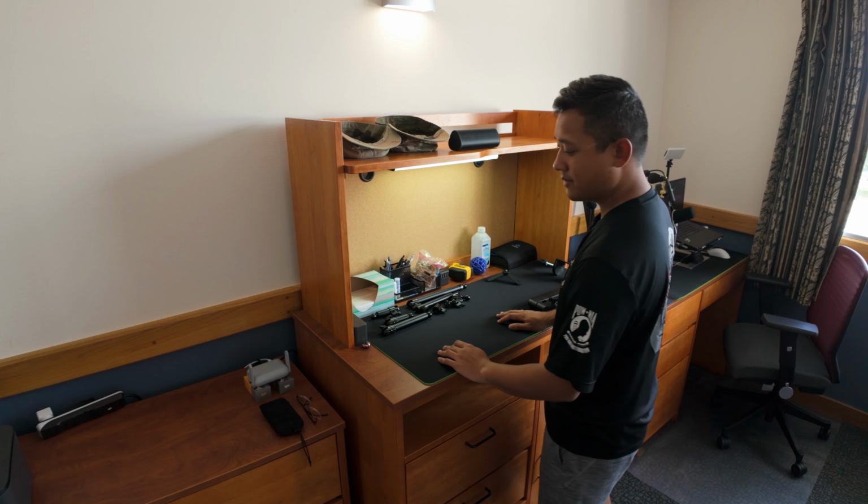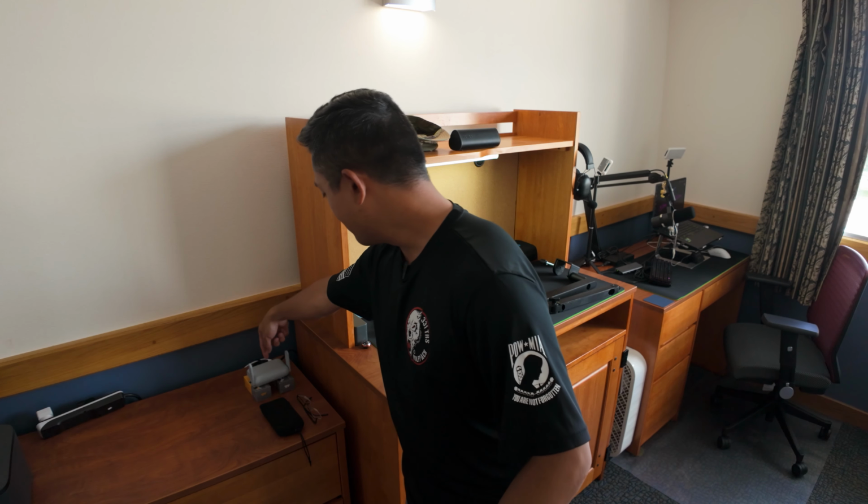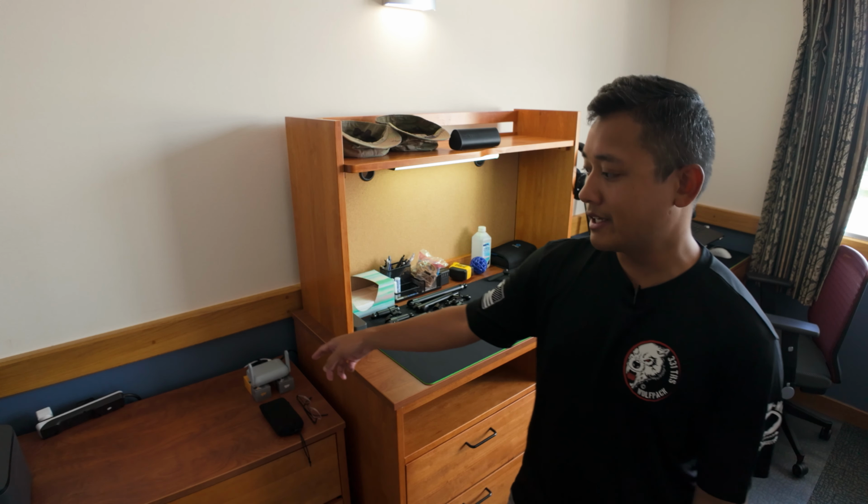Put on music, chill, and then I can do whatever I need to. I can work on my stuff here. In the corner, you can probably see it. This is my little mini Wi-Fi router. This is the GL iNet